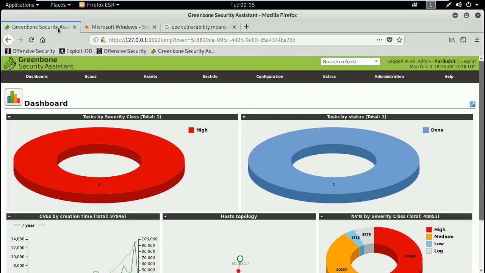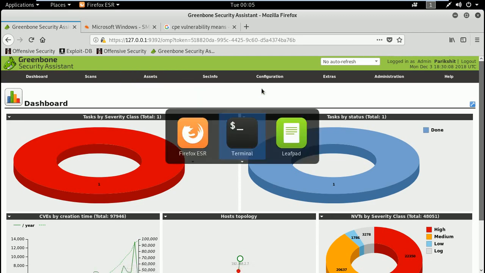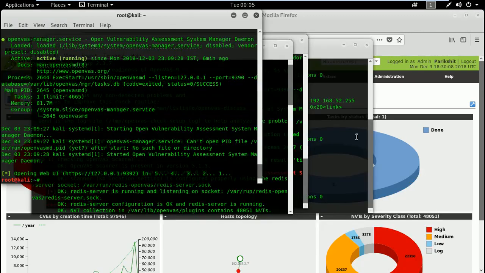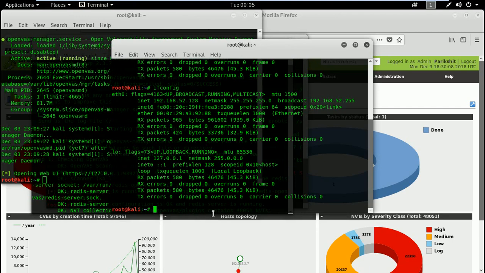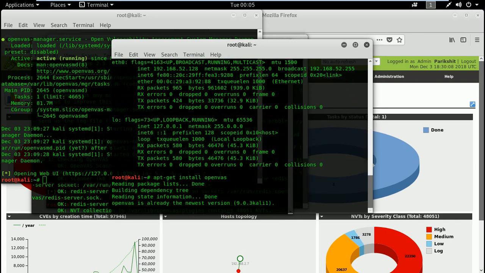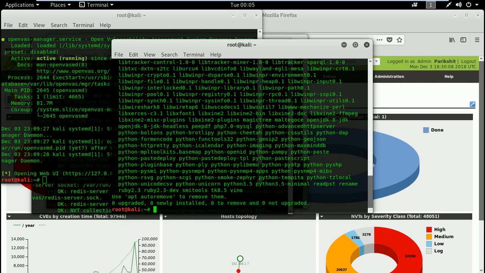All right. So I will first tell you how you can install this OpenVAS tool in your Kali Linux. In the terminal, what you need to do is first type apt get openvas. All right. So as I have it already installed, it says already installed. In your case it will install, you will have to press Y and it will install in your system